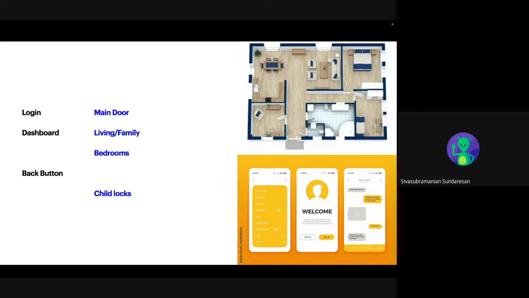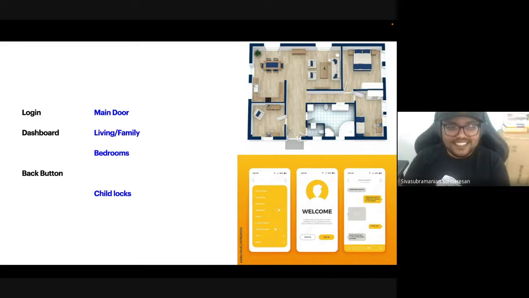So per the analogy on the left, login is similar to how you would design the main door. Dashboard is similar to how you would design your living room, I think. She's doing a quick Q&A just to pique our curiosity. So if you have some thoughts, feel free to share on the voice or on chat.